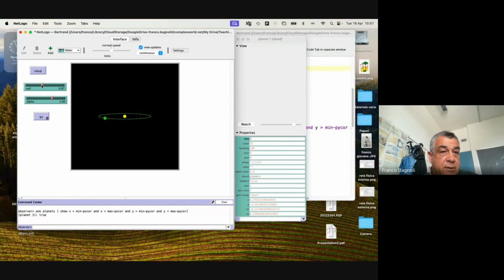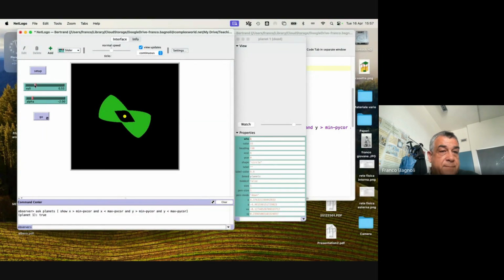The trajectory is essentially an ellipse with the sun, the center of force, in the middle. Then if I change even a bit my exponent, the trajectory starts to proceed, also starting from